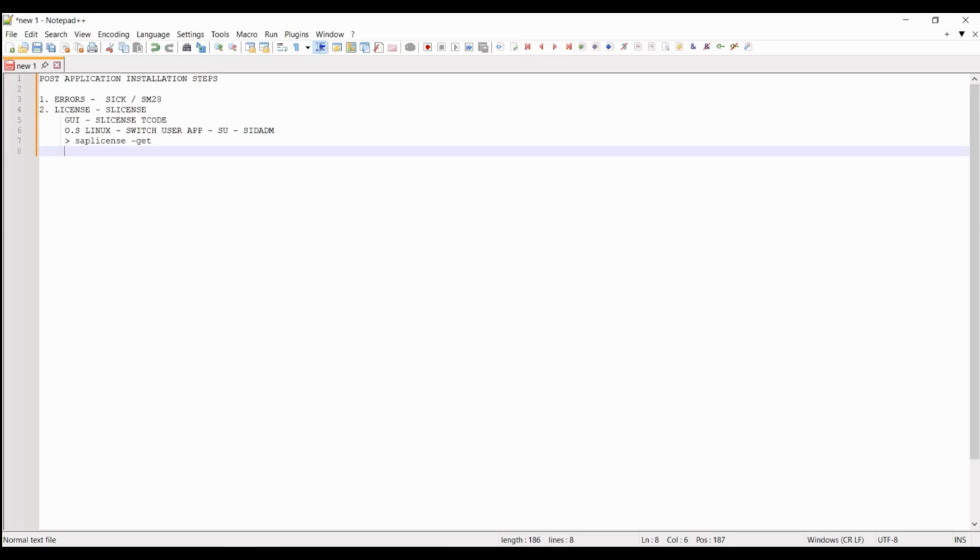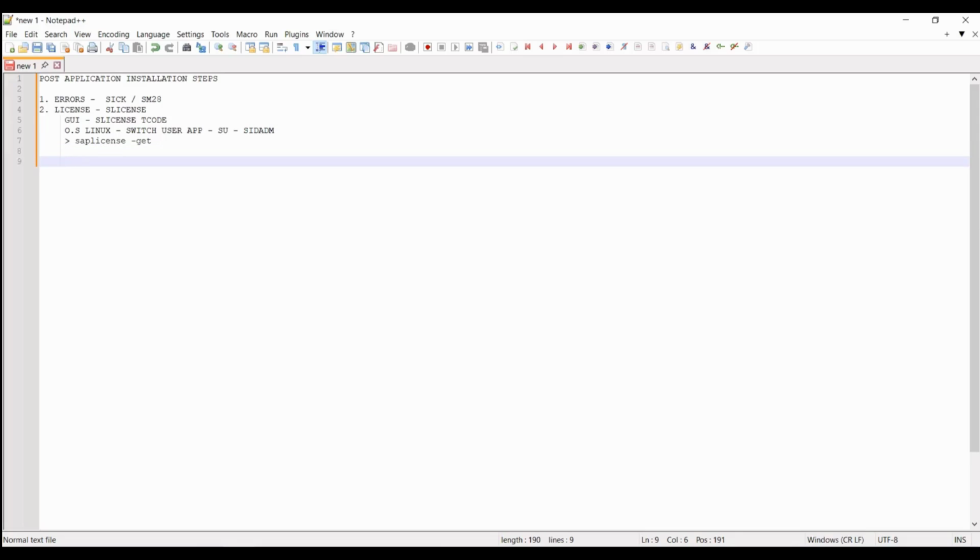you need to enter this command, saplicense -get, which is the command to get the license information. Both should be matched at the OS level as well as the GUI level. It should be matched compulsorily. Whenever the license deadline for the installation is going to expire soon, sometimes the application may not work. At that time, you use this command to get the information about the